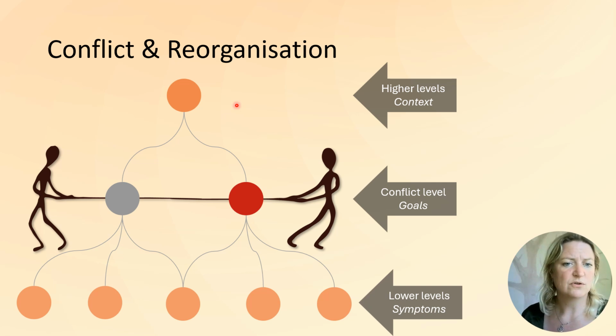You just notice that you can't read or cook effectively, but you can't see why this problem occurs. And reorganization is the process of changing these control systems from within, and particularly at the highest level. So it's about solving the problem from the inside rather than trying to change the environment.